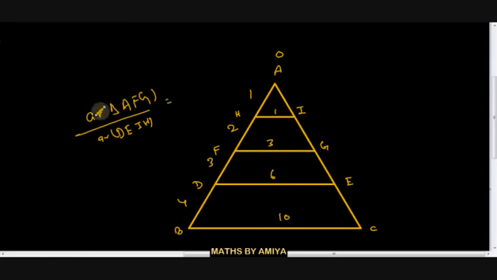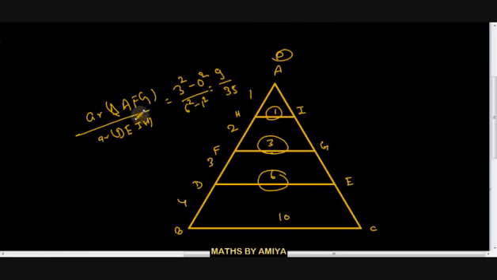Now we have to find the area ratio of AFG. So it is between base 3 and 0. So this is nothing but 3 square minus 0 square. That is DEIH, for the between 6 and 1. So this would be nothing but 6 square minus 1 square. So it is 9 out of 35. This is the area ratio of AFG upon DEIH.